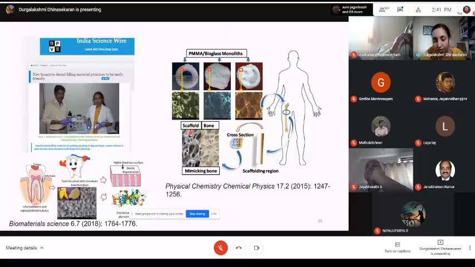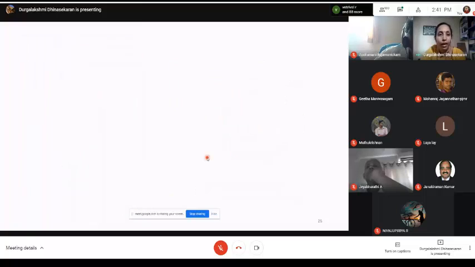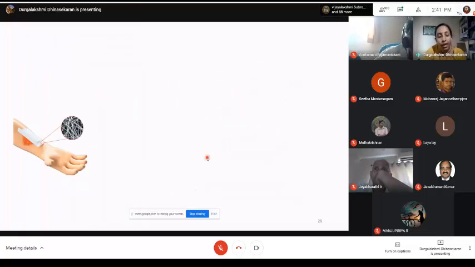And this is the scaffold which I have made in laboratory conditions, and this is a bone. You can see the mimetic structure of the scaffold in the bone. So, not only this hard material and the powder, we can also draw it into different shapes, where we can use it for tissue regeneration, surface skin tissue regeneration,